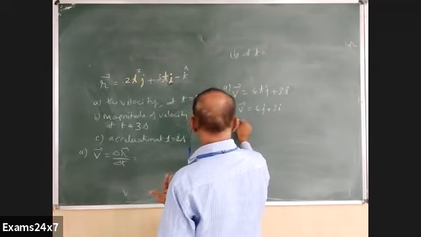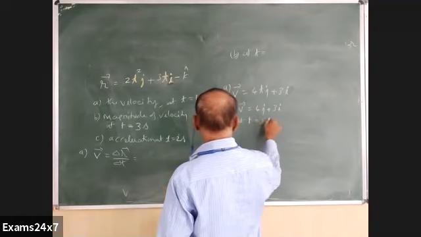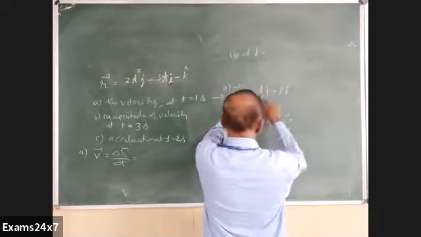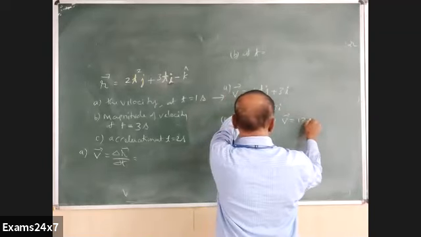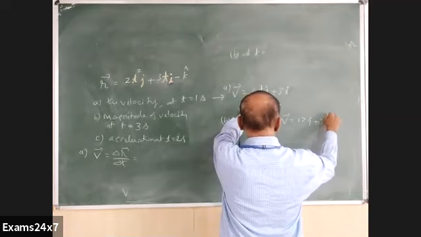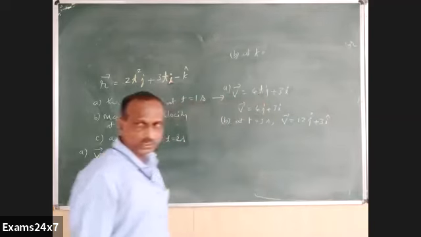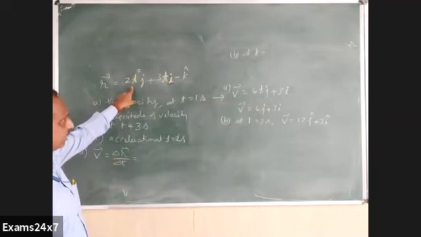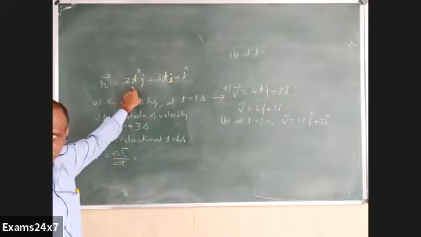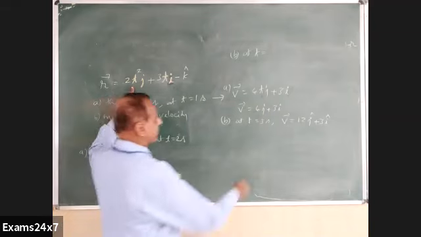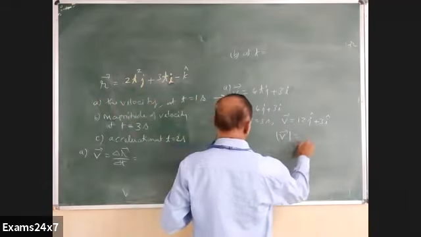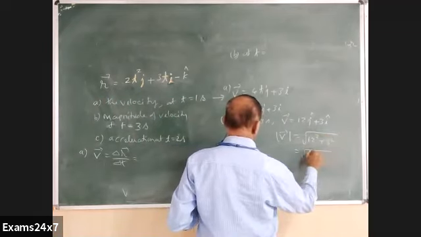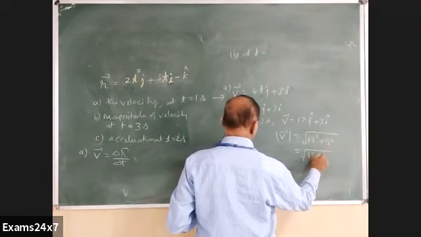At t equal to 3, what is the velocity equation, first of all? Here 3, 12j, correct? 12j plus 3i. Is that right? Putting t equal to 3. 4tj we have. t equal to 3 means 12j plus 3i. Proper? And then its magnitude is asked. Second sub question. So root of 12 square plus 3 square becomes 144 plus 9, 153.